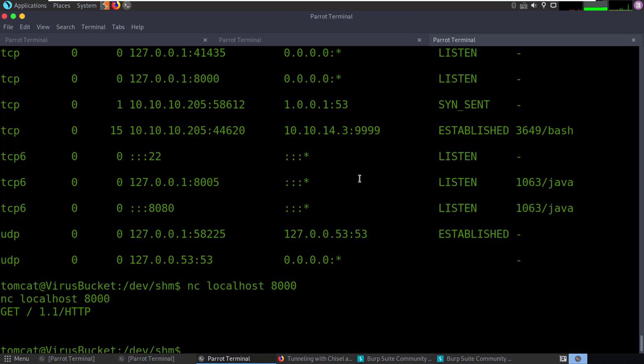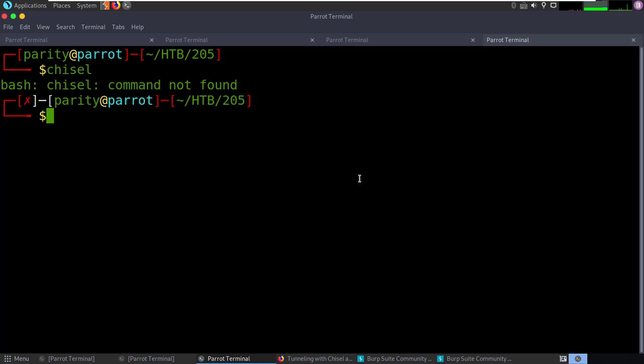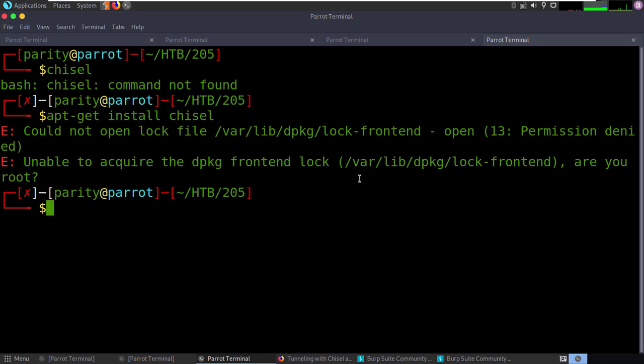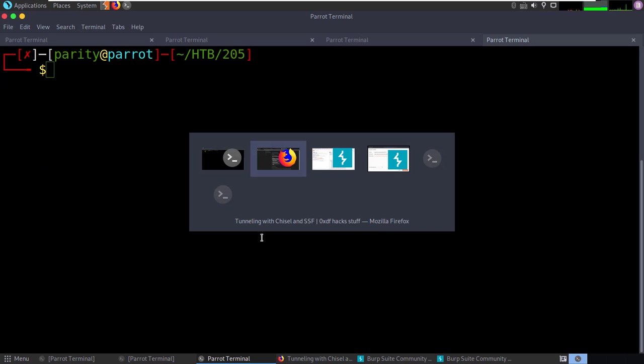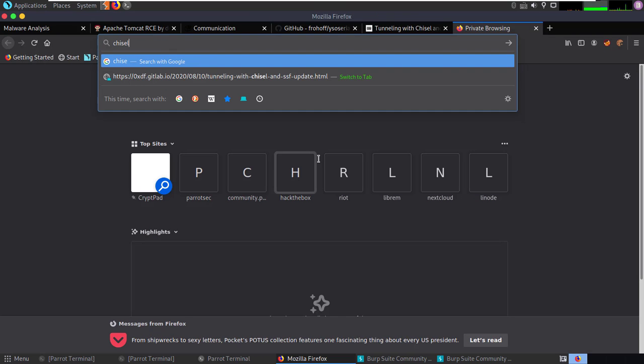I'll go ahead and open up a new tab here. I do not have Chisel installed. I had it installed, but I reset my box on this one. So the real answer was if you come in here and just search for Chisel